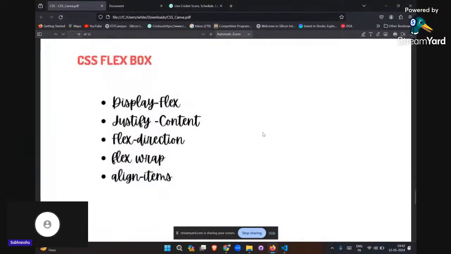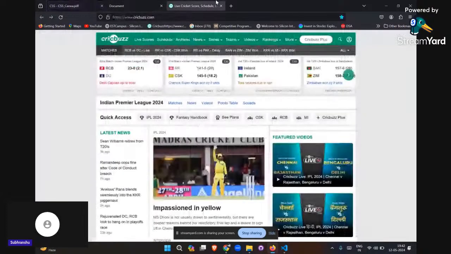So the next part is CSS flexbox. It is a better way to define the layout of a website. For example, I want to show here a card, it is a card. Then after this,